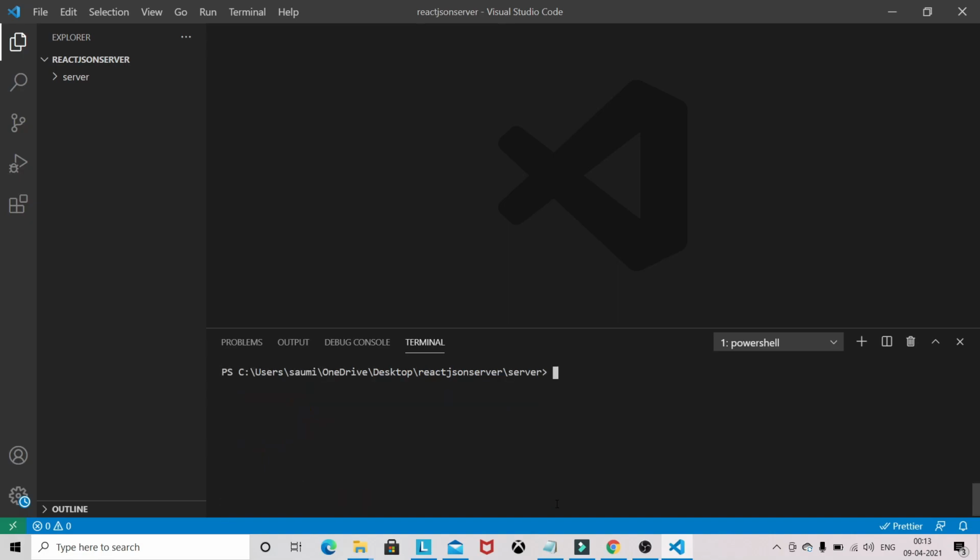So we have created the empty folder, and inside that we have created the package.json file. First we need to install this JSON server. So npm install json-server.